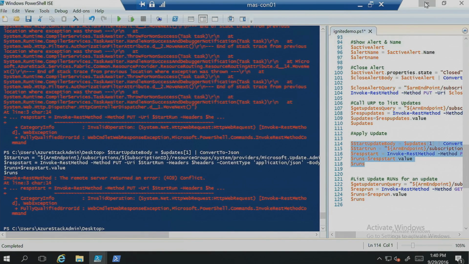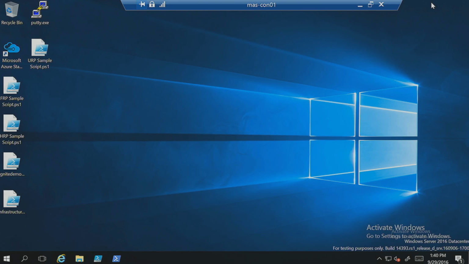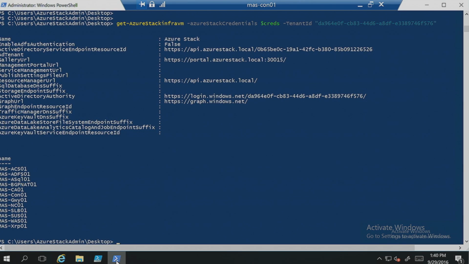Now, if you feel working with REST is not what you want to do, and you're interested in using traditional PowerShell, what we're going to make available shortly after the conference is a PowerShell module, which is literally a REST wrapper around the API that will allow you to do exactly the commands that I showed you.